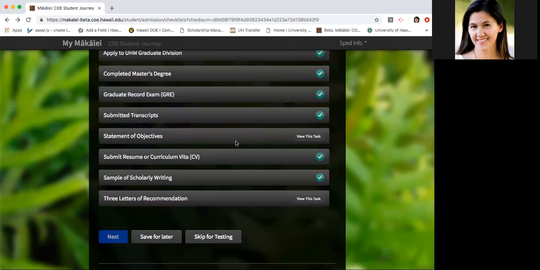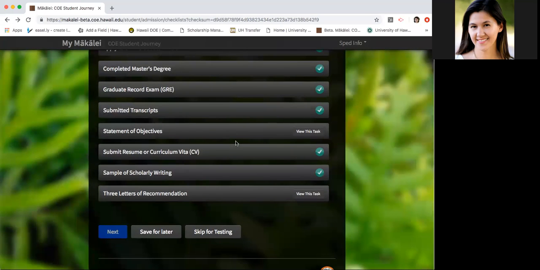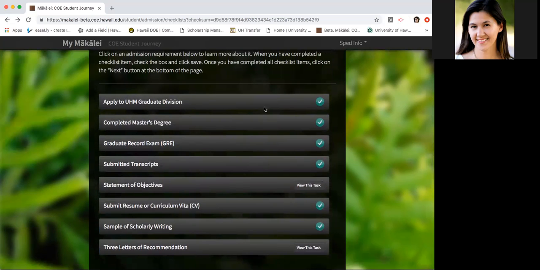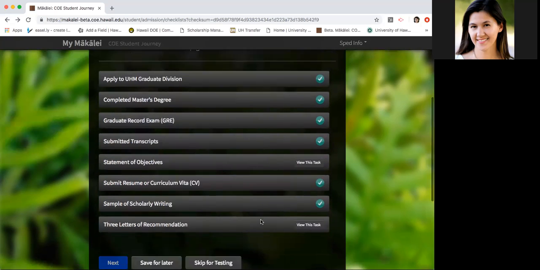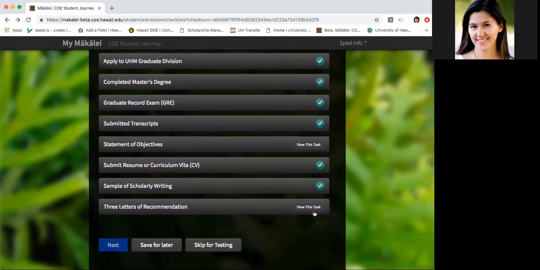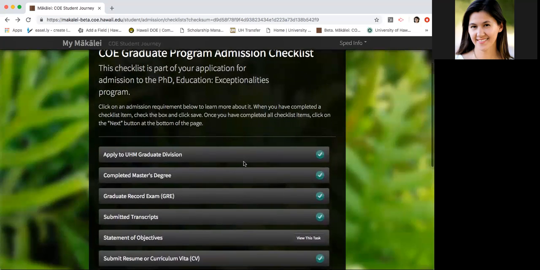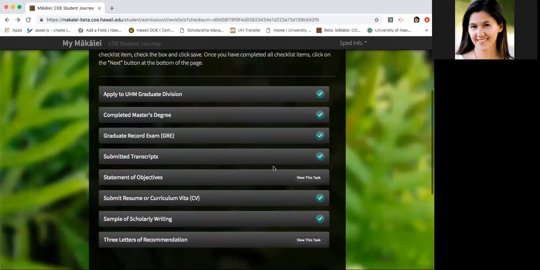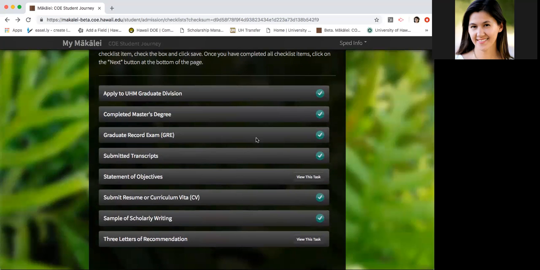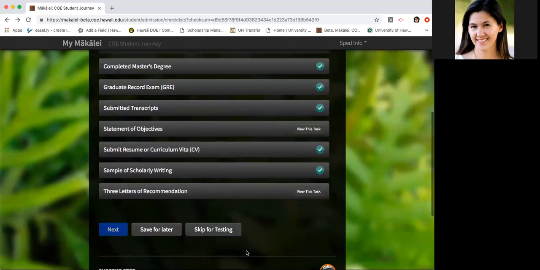Oops, sorry, I shouldn't have pushed save. But basically what you're going to be doing is working on making sure that all of these components have been submitted. And once they are all checked off, then this button will light up and it'll say next. If anything is not checked off, you can't move any farther into the application. Now I can because this is a test, but basically just keep in mind that all of these things should be able to be at least checked off pretty early. And if you did want to